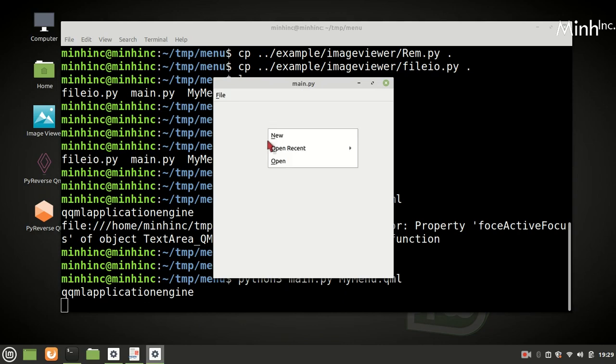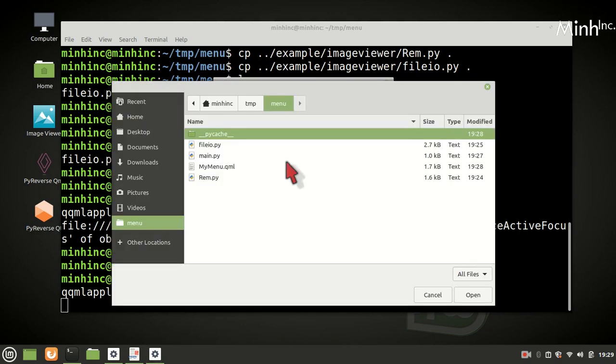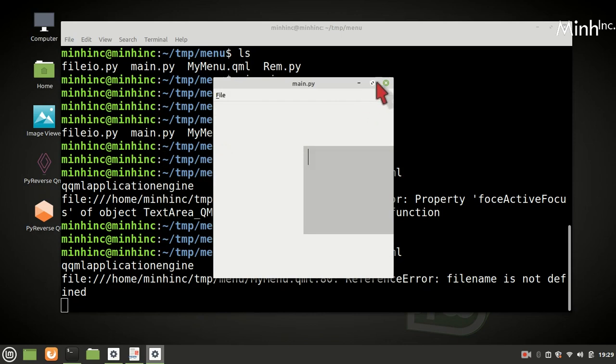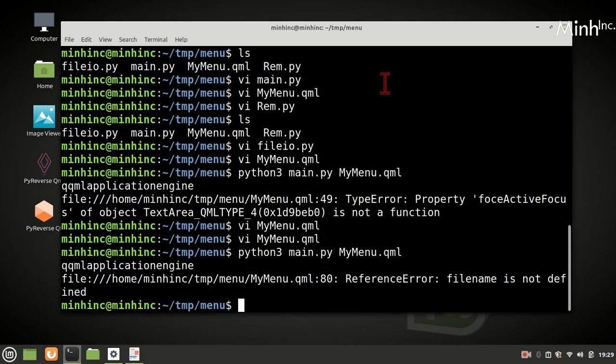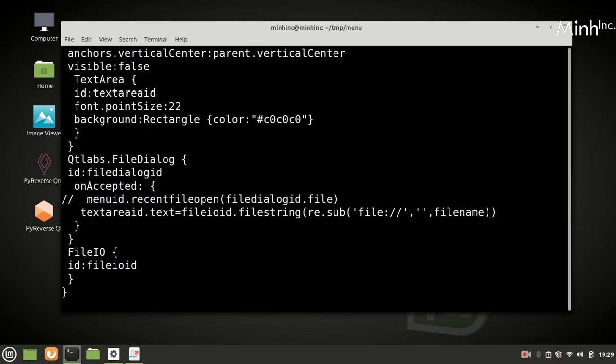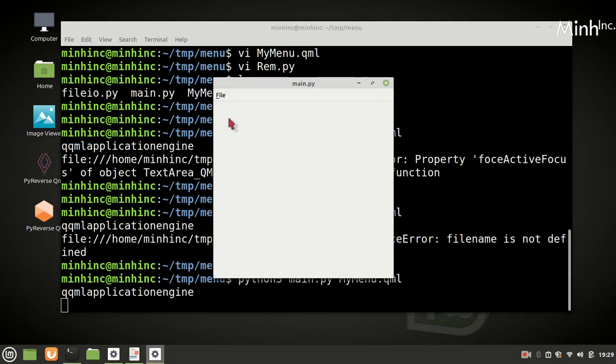Okay, so we'll try open. Oh, it brings a, now just click on file IO. File name is not defined. So this is file dialog id.file, what is returned. We'll try again.